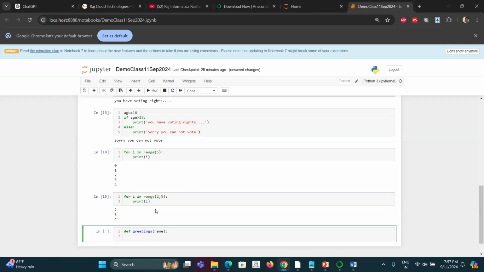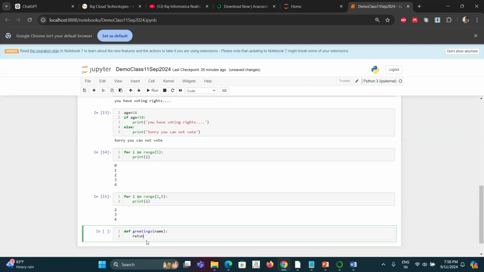If you enroll in the course, we will have a lot more detailed discussion on the syntax, why this colon is being used. At each and every stage, we are going to explain all the details. But for today's session, I'm just trying to cover the basics so that you will be able to understand a little bit. Okay, I would say return.